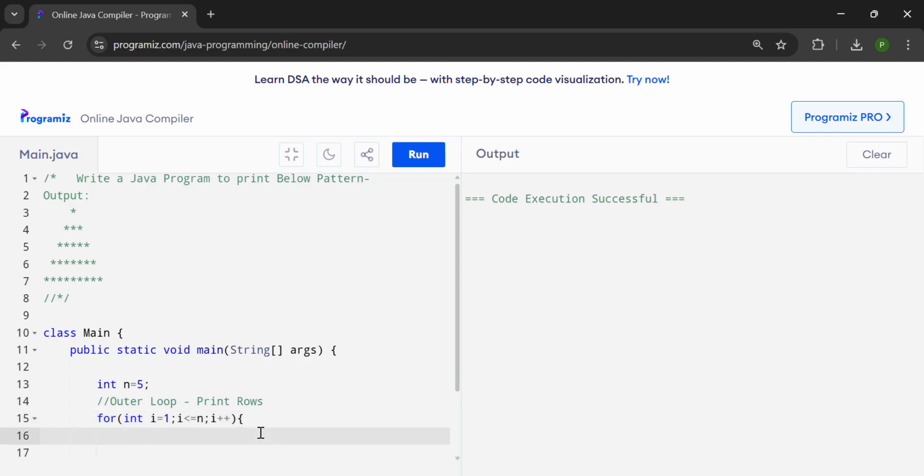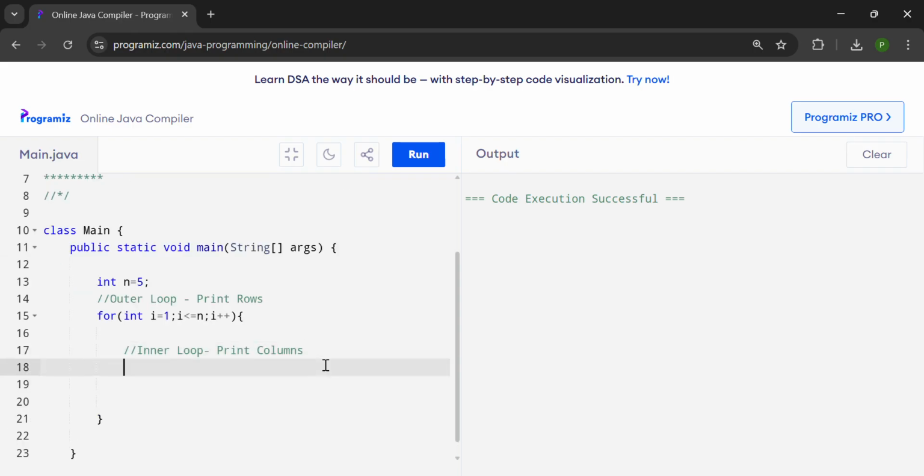So I'll say inner loop, which will give us columns. This for loop I'll initialize with j equal to 1, j less than or equal to, we'll see. We need,